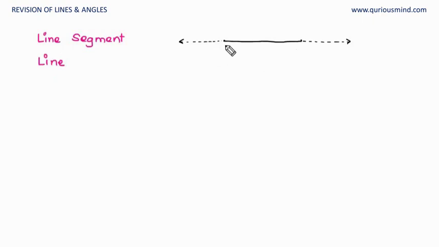Obviously the point we have taken, point is just a location. We talk about a point as a location. Then if we extend the line segment only on one side, we don't extend on the second side, we extend it only on one side. That means we have a definite start point but no definite end point, because we are going to go indefinitely on the other side. So when we have a definite start point and the other side extends indefinitely, we get a ray.